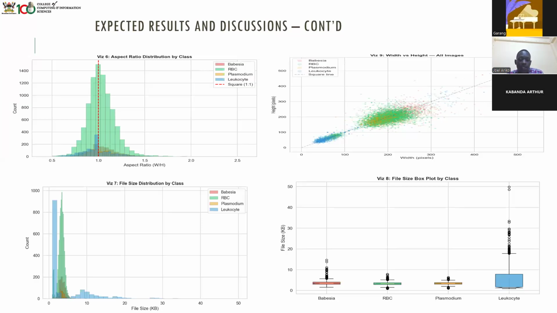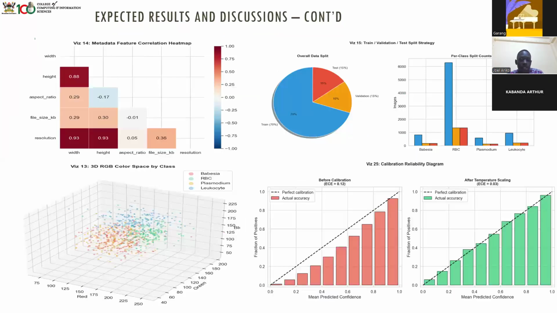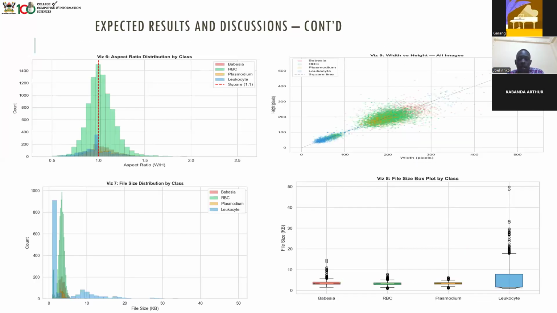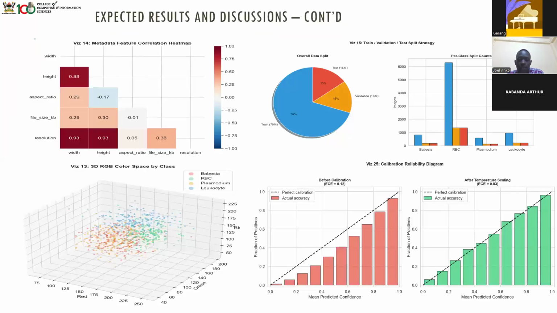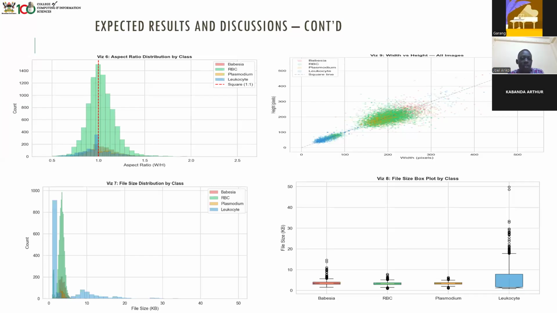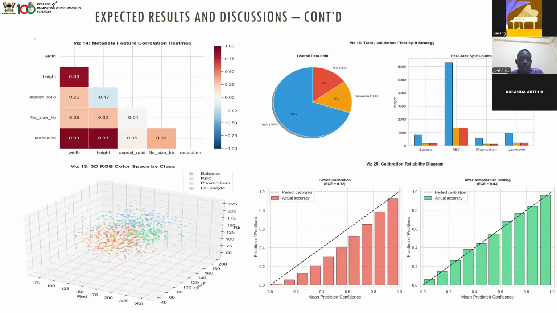Then also the file size distribution by class, we had to check on this. We also had to check the metadata. Next slide. We also had to check the metadata feature correlation heat map. This one gives us a